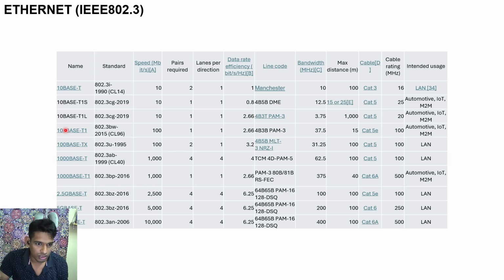So suppose one of your Ethernet switches in your station has failed. You're replacing it with a D-Link switch. So a D-Link switch is a 100 base device. It is not a gigabit Ethernet device. It is not a 1000 base device. It's a 100 base device. So ultimately, when you're connecting multiple relays to your D-Link switch, which should in fact be a managed Ethernet switch, but it has failed and you're using a D-Link switch,